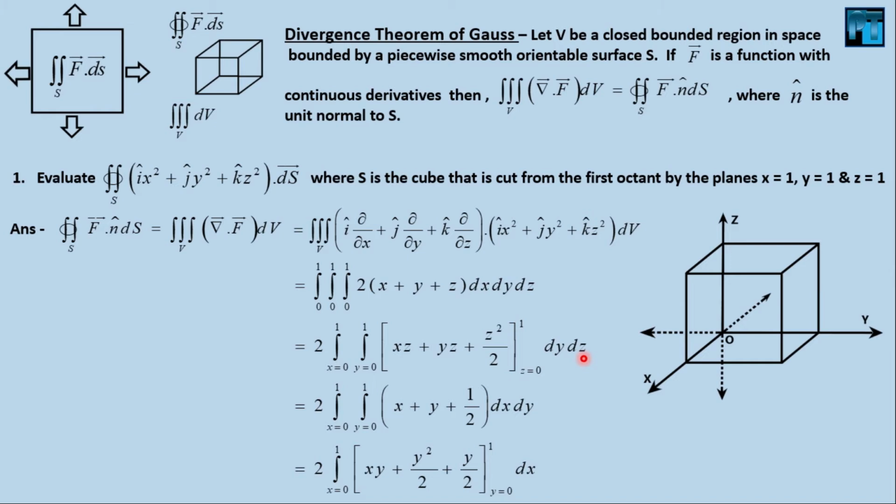Please make a correction in your answer book. Now after doing the z integration, we are left with this, and after putting the values of upper and lower limits, we are left with this one. And now you know already how these volume integrations are done, and then we will proceed through y integration, then at last x integration. So actually this integration is the most simple integration in volume integration.